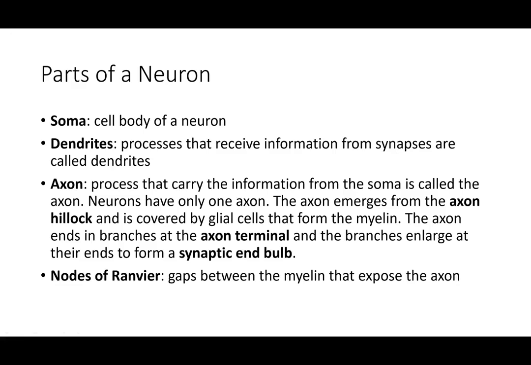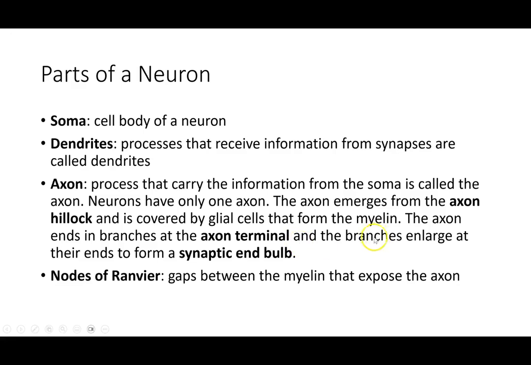So we've talked a lot about these parts of a neuron already, so I'm not going to go into too much detail here, but remember we have that soma, we have dendrites, which are receiving information from other cells. And then the axon is carrying that information from the cell body. Neurons are only going to have one axon. That axon emerges from something called the axon hillock, and this is going to be covered in glial cells that form the myelin. And then the axon is going to end in some branches at what's called the axon terminal,